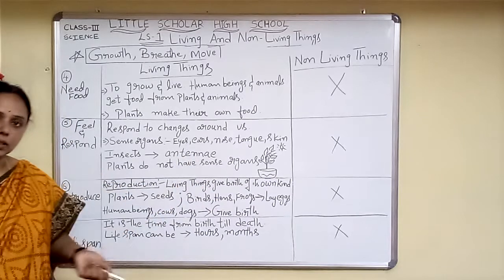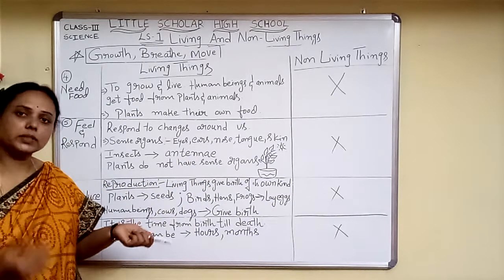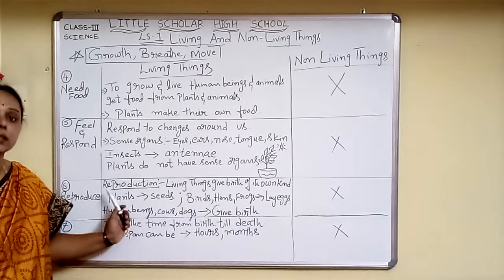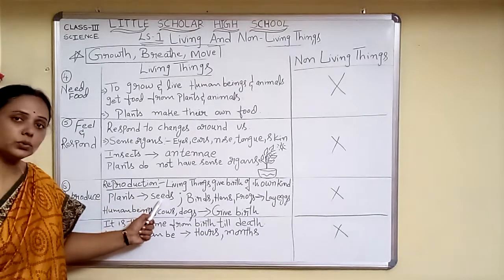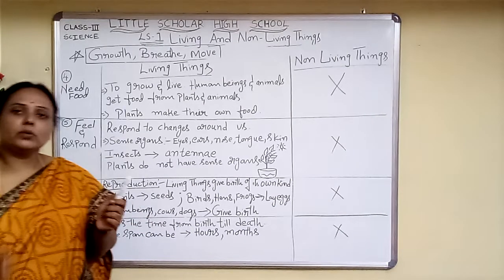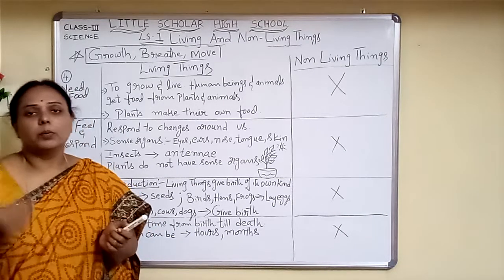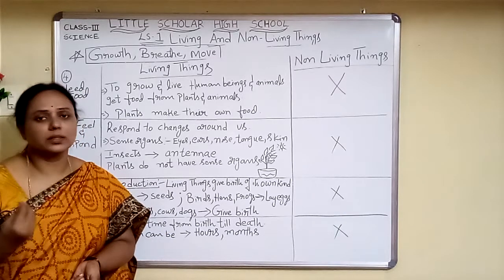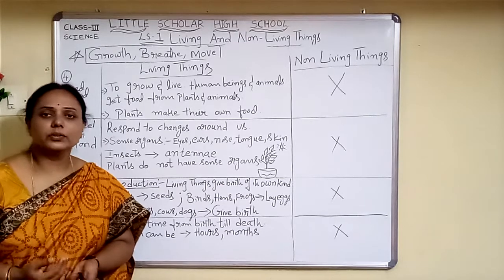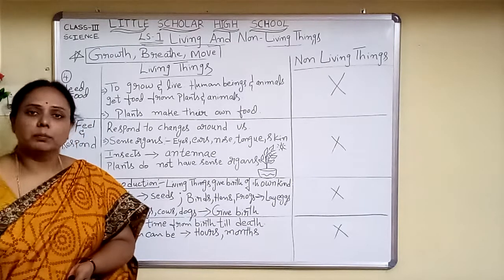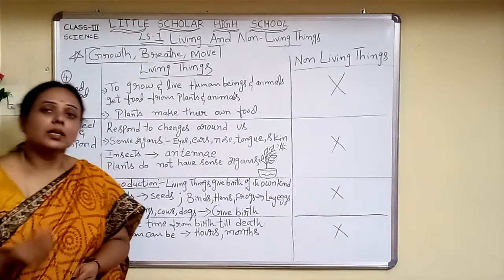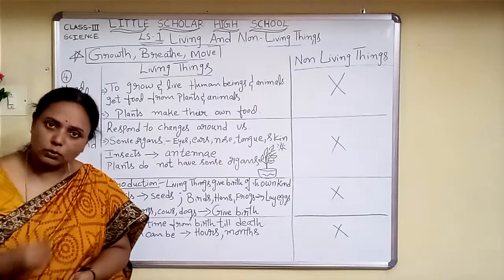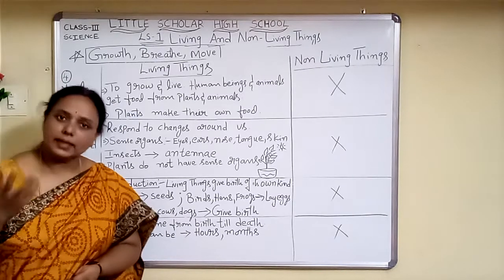So reproduction is nothing but giving birth of its own kind. And when we talk about plants, yes, even plants reproduce. How? Plants reproduce through seed. Just put it in a pot, water it and keep it in sunlight. After a few days you find that a small sapling is coming out of it, and after a few days or months it grows into a big individual plant. That means if you are sowing a seed, for example, of a rose plant, a rose plant only will come up. True, children?